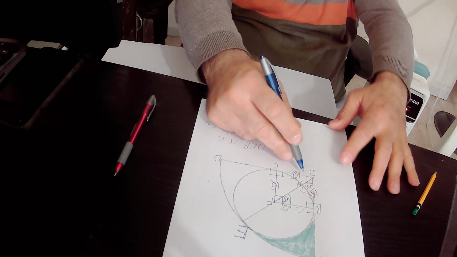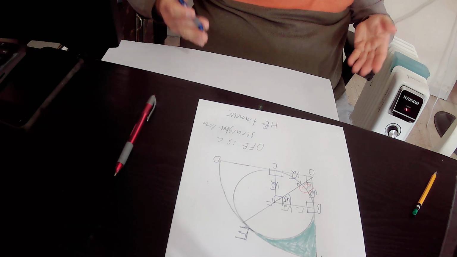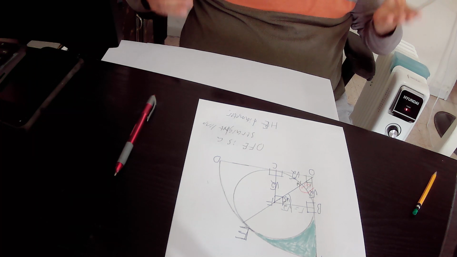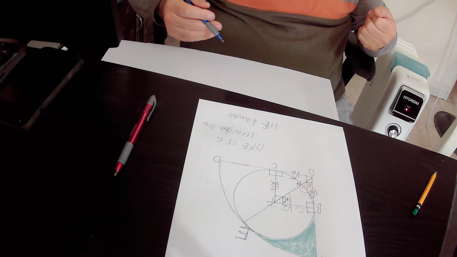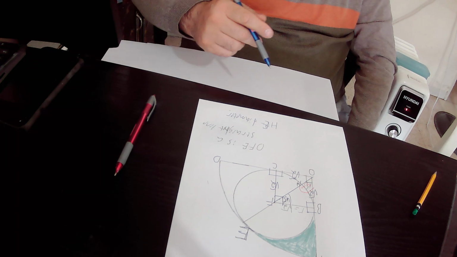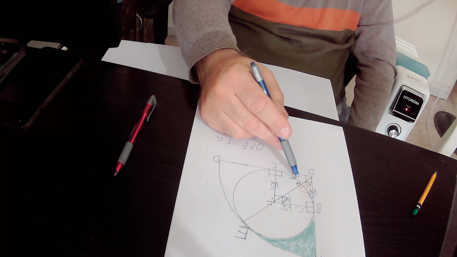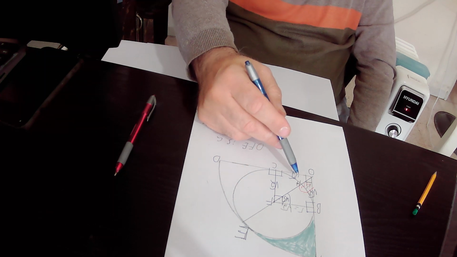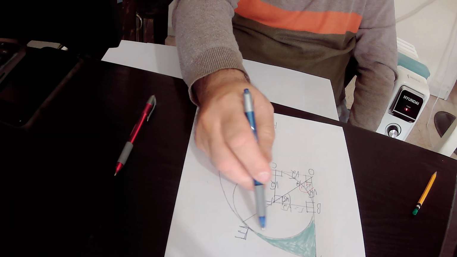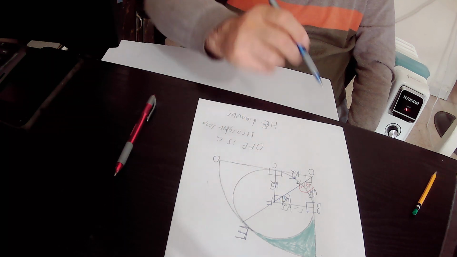This edge E is the diameter of the circle. And we also know that any diameter of the circle divides the circle into two halves. Each half is a semicircle of the circle. So this is the first semicircle, and the second half is the other semicircle. So this is a semicircle, edge E, B is a semicircle,